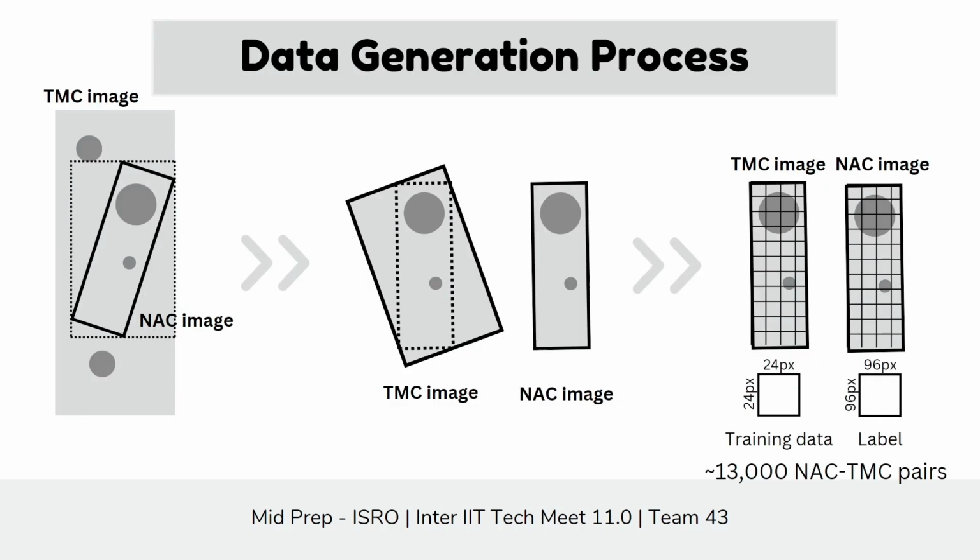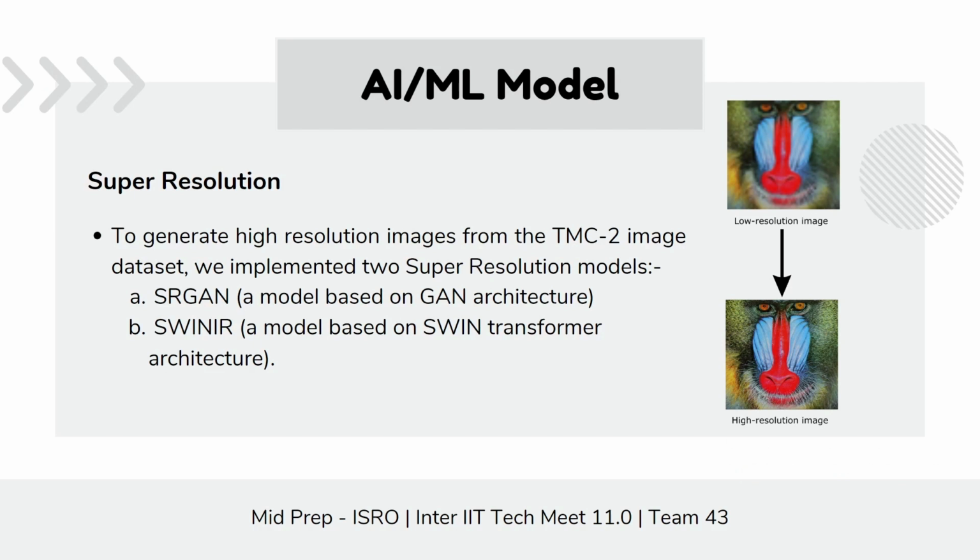Our process involved, firstly, finding NAC images that were completely contained within a TMC image, calibrating the NAC image using ISIS, the US Geological Survey software for handling such images, and then cropping the TMC image to the coordinates of the NAC image. We then matched the contrast and brightness of the cropped image to the corresponding area in the browse image, and the same with the NAC image. Then we finally rotated the cropped TMC image so that the position of features, such as craters, in both images matched. Finally, we cut up the images into small squares, as shown. The ML model was then trained on this data.